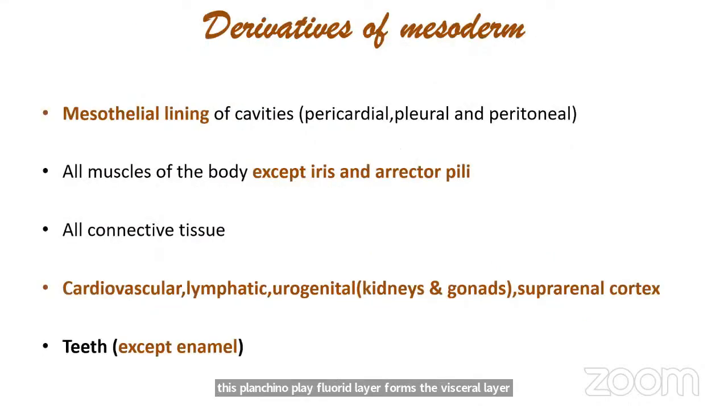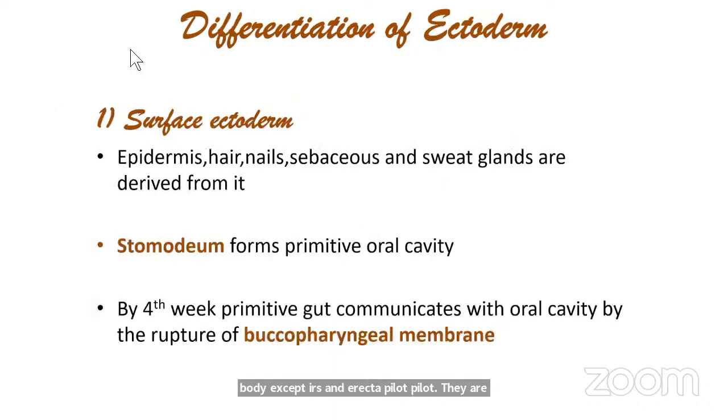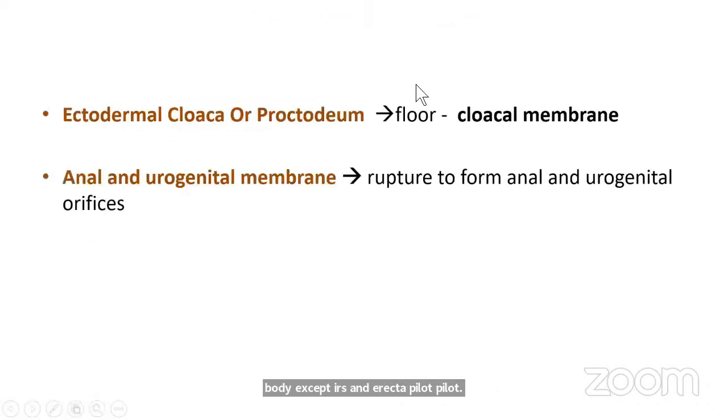Now coming to the derivatives, you can see all the muscles of the body except iris and erector pili are actually derived from the mesoderm. Now coming to the ectoderm,